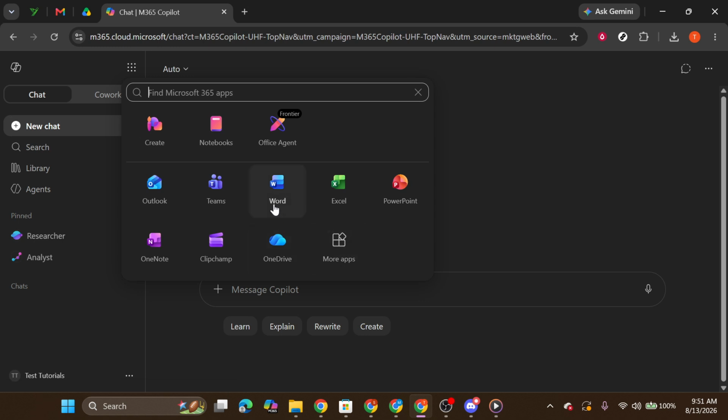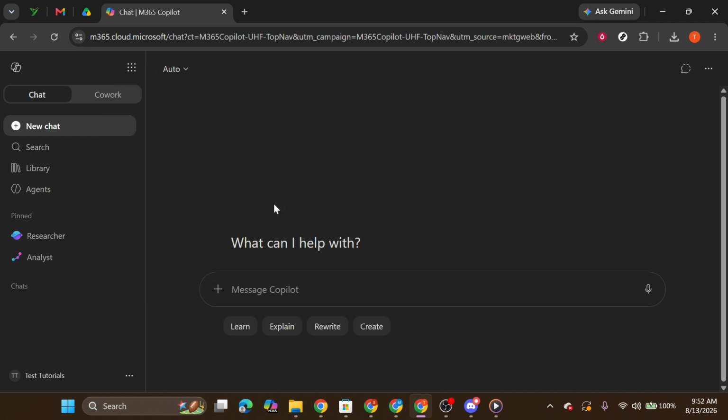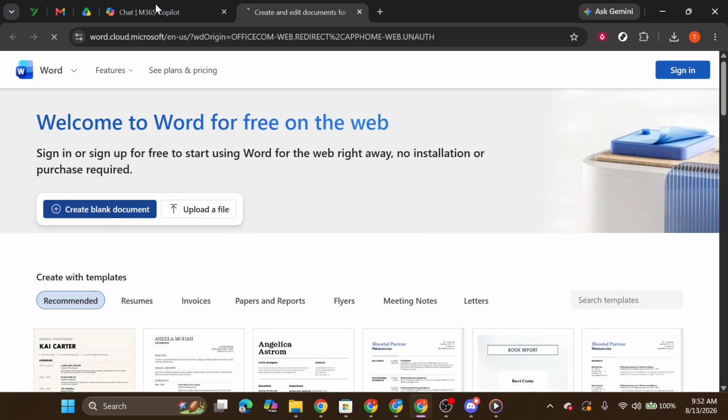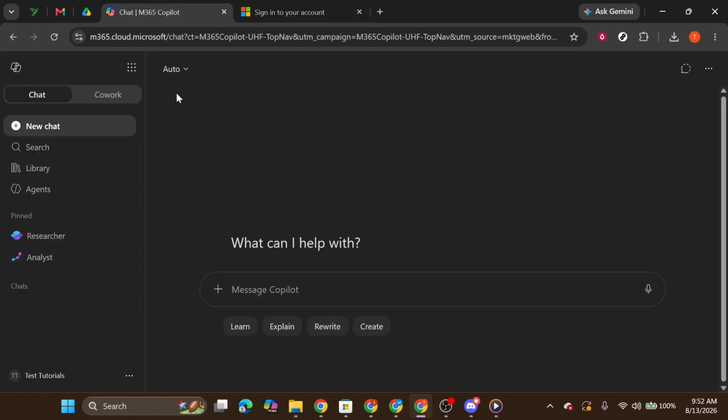The main idea here is that you can browse the available options and pick the app that matches the task you're trying to do. If you're writing a document, Word is the obvious choice, and Copilot helps you get there quickly. After selecting it, click on Word to open it. This should launch Word for you, allowing you to move straight into creating or editing a document. If the app opens in a new window or tab, that's normal, so just give it a moment to load